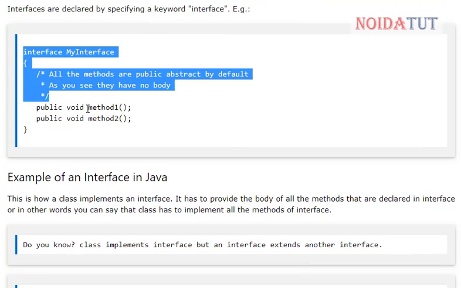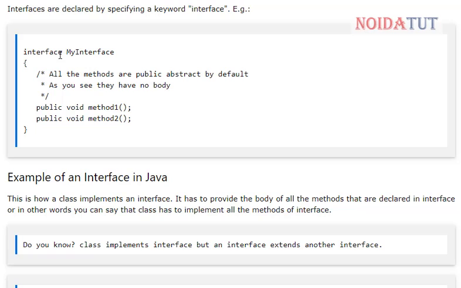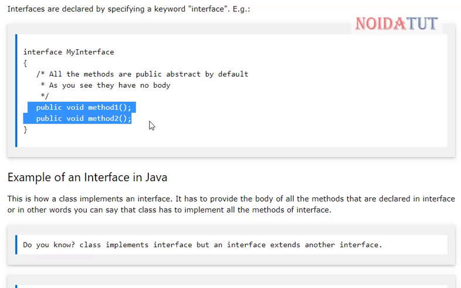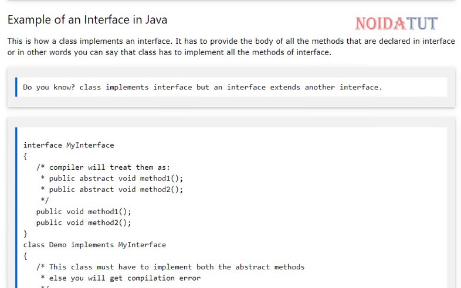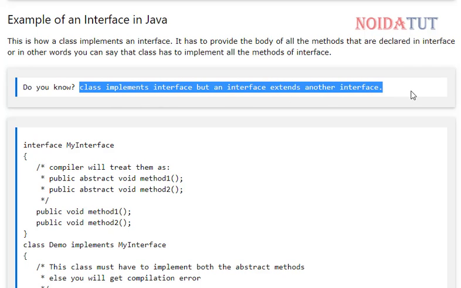Now, this is the syntax of interface. We define it by the keyword interface and the name. We just have the declaration of the functions. This is how a class implements an interface, and it has to provide the body of all the methods that are declared in the interface. Or in other words, the class has to implement all the methods of the interface. A class implements an interface, but an interface extends another interface.